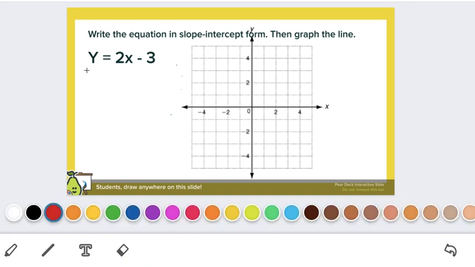Okay. So it is in the form y equals mx plus b, basically, right? Because this y-intercept is plus -3. Okay, so our y-intercept is at 0, -3. We can mark that off here at 0, -3. And then we just need to identify the slope, and our slope is